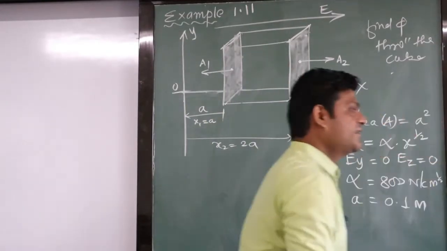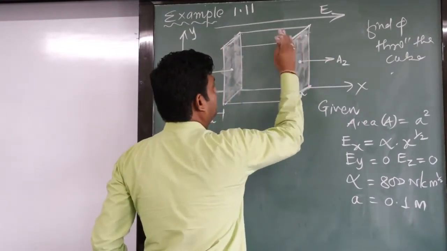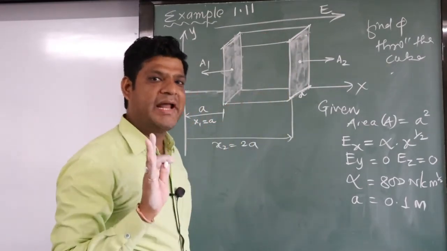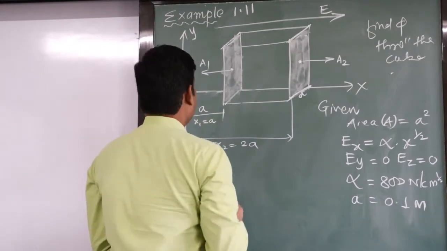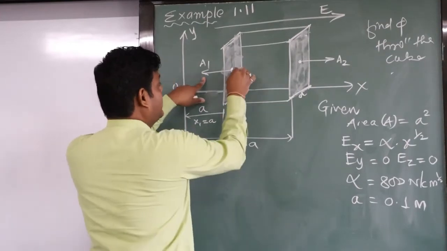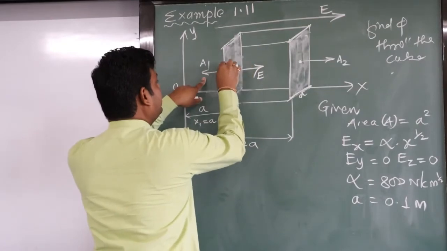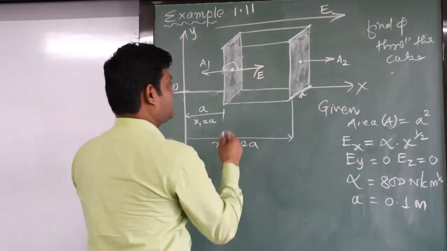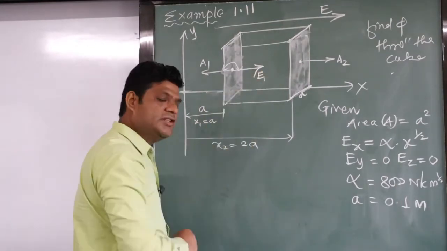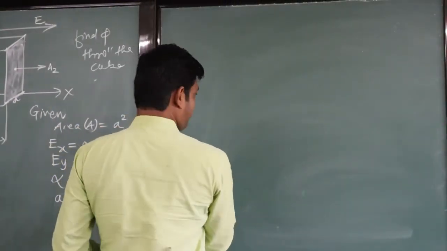So we decided the flux is linking through face 1 and face 2, not linking over here, not linking over here. That we have decided with the help of direction. So students, for face 1, the point is over here, area vector is toward this, electric field will be over here. So this is the direction of electric field, angle is 180 degrees, right? So first we are going to calculate the flux linked with face 1. We need a diagram, right?